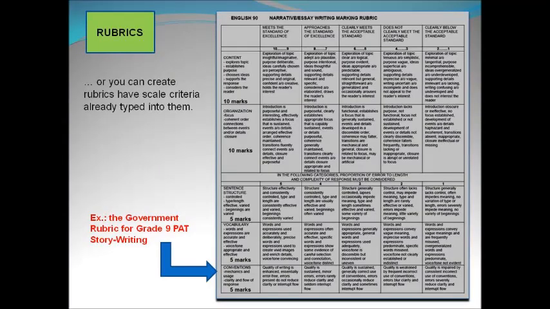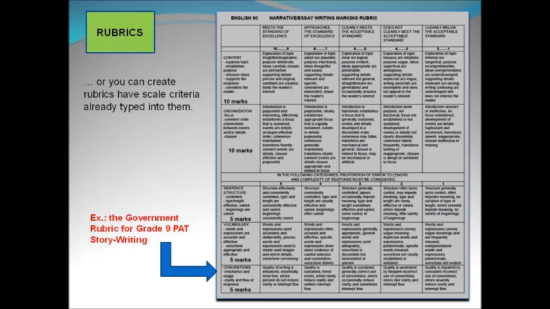And again, here's one. This is the grade 9 narrative essay writing rubric here in Alberta, right? You can create rubrics that have scale criteria already typed into them. So here you've got ones that